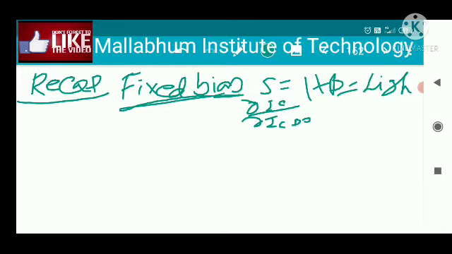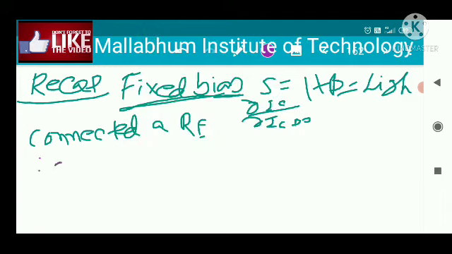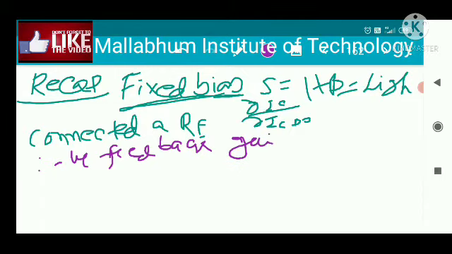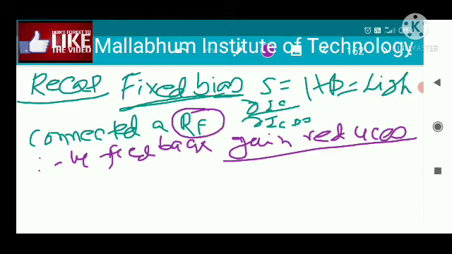is quite bad. Now to get a better sensitivity, what we have done, we have connected a resistance RE. That resistance RE can be used as a negative feedback. That's why the gain is reduced. But although the gain is reduced, in the case of the application of the AC circuit, this RE actually helps to improve the sensitivity of the circuit.